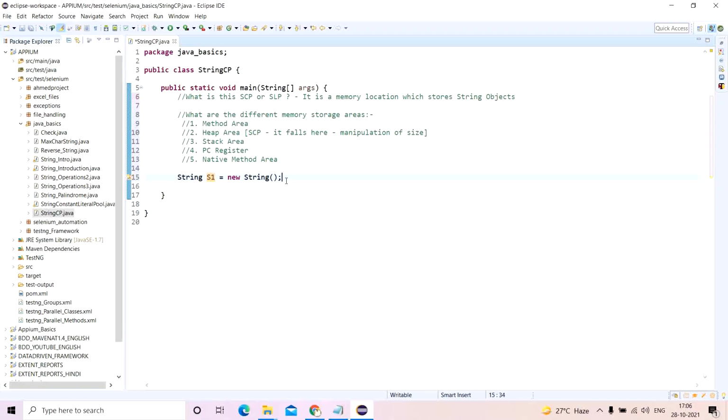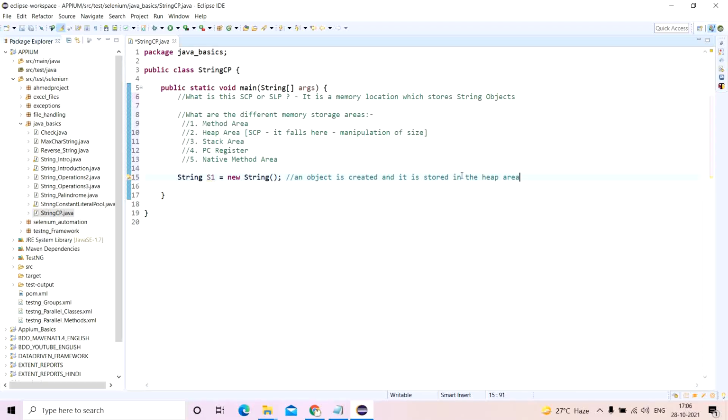So what happens here? An object is created, and it is stored in the heap area.